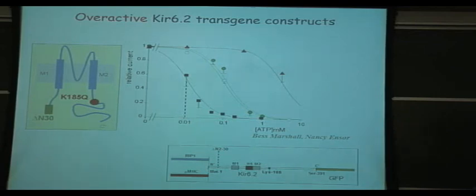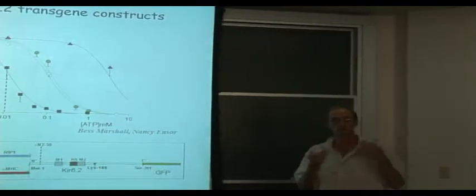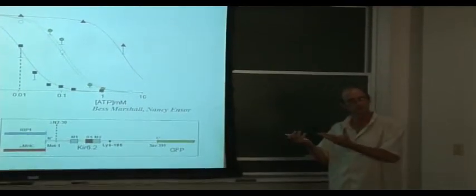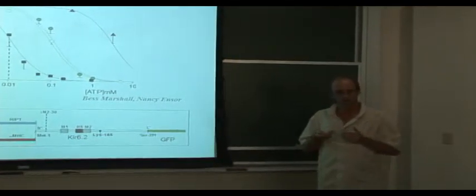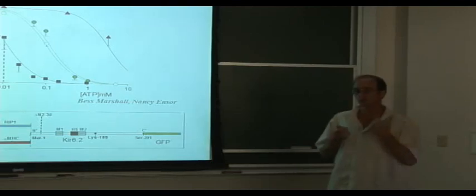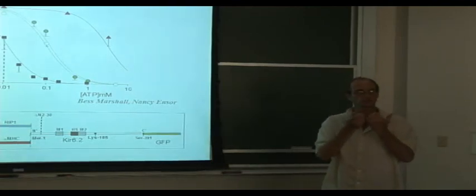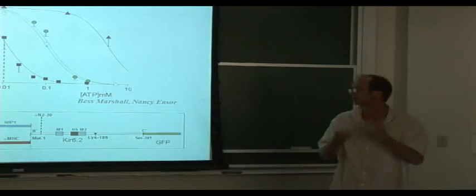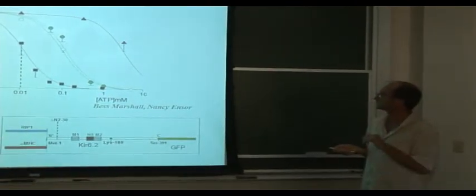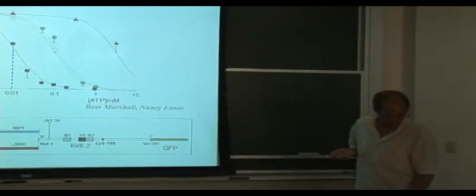The driving force was, first, to prove what I'm going to tell you is the paradigm for how KTP channels are involved in glucose sensing in the pancreas, and second, to address what they are really doing in the heart, where we see this massive density, but under normal conditions they're not open, and so we don't see what they do. So our goal was to tweak the system by making them less sensitive to ATP so that they would become active. And in the course of a lot of mutagenesis that we did early on,